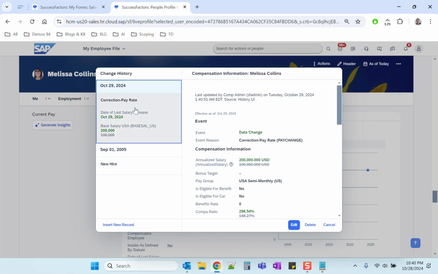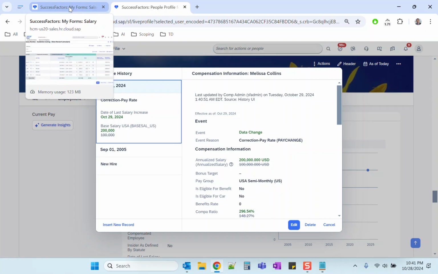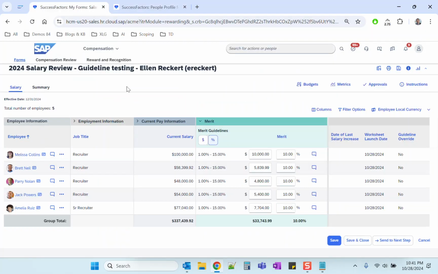Okay, looks like it got saved. It didn't skip the approvals, it looks like, which is great. So we can now see that the date of last salary increase is tomorrow, October 29, 2024. And when we